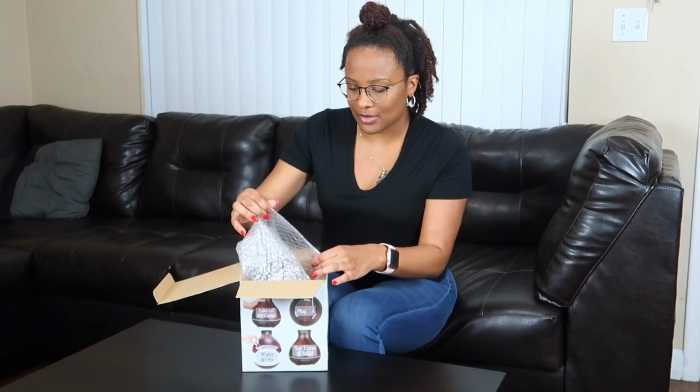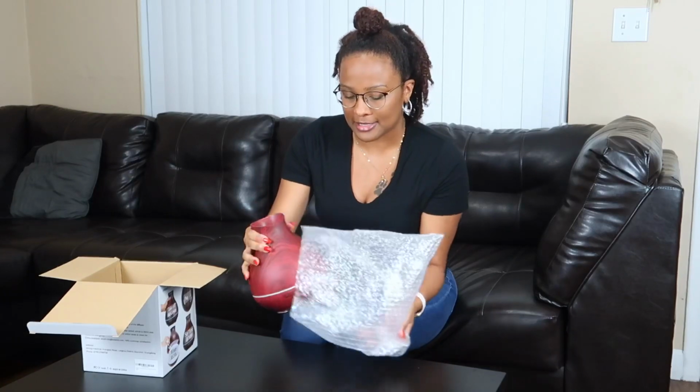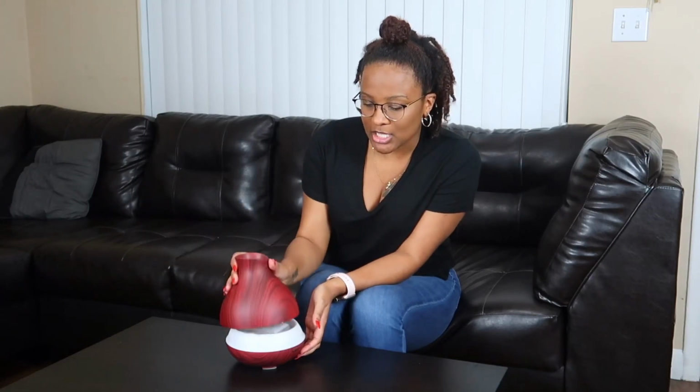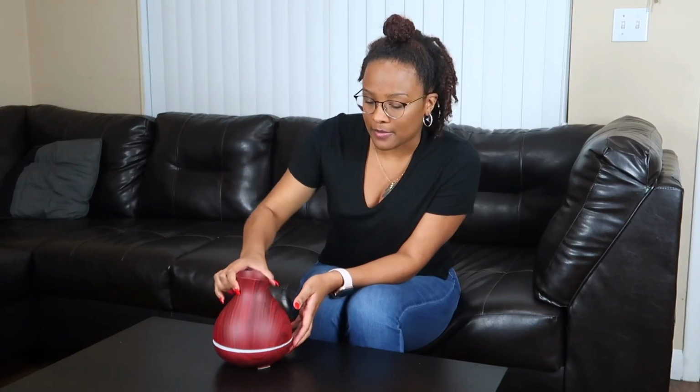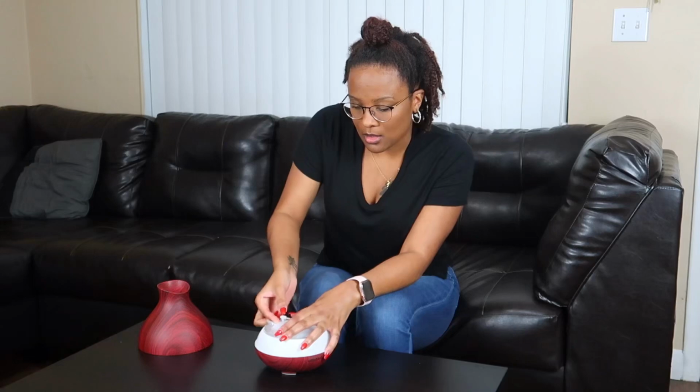So I'm liking what I'm seeing so far. This is protected, so they care about you getting your products intact, okay? So I'm already liking this. It is so pretty. So first we're going to take off the cover. It's so easy to take it off. You don't have to do this or that. You just take it off. And once you take it off,